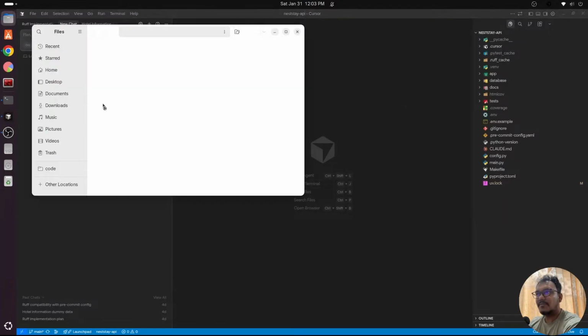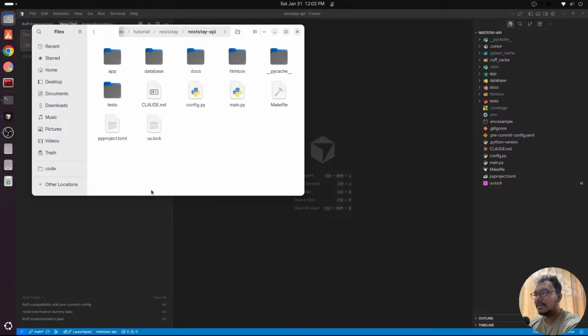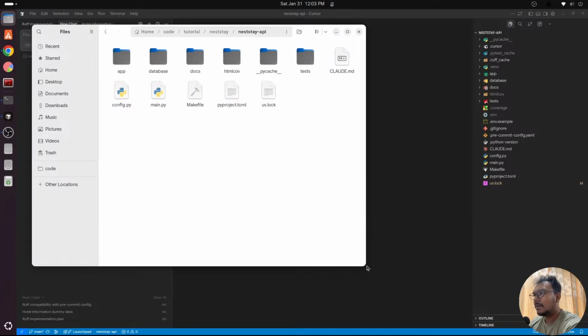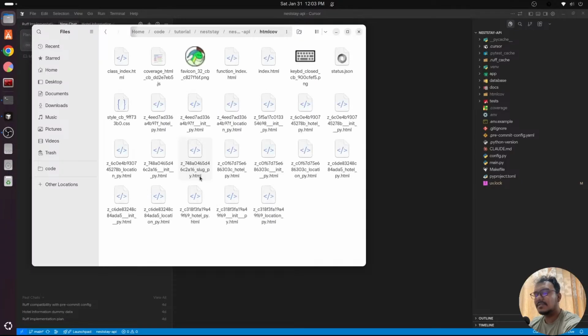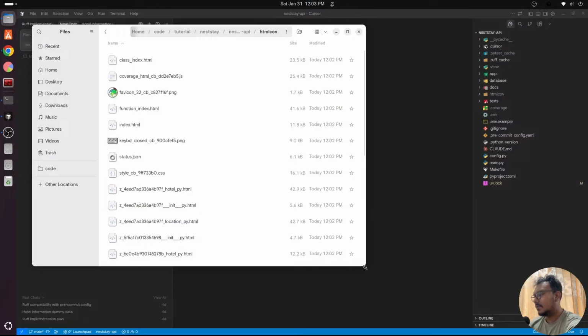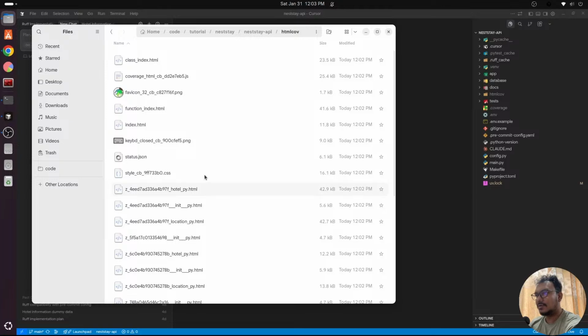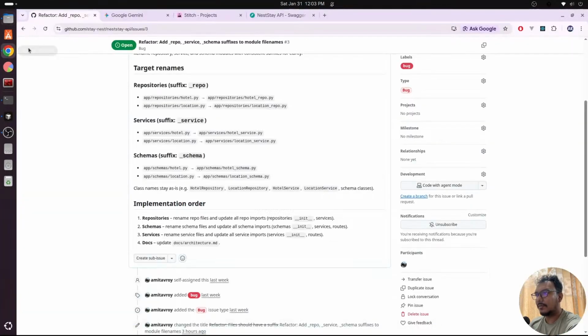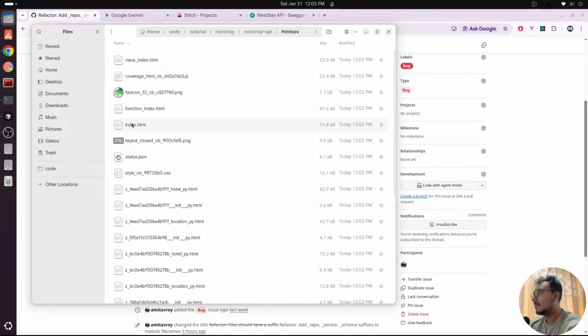And I also found there is one nice little thing, HTML coverage. This is very similar to what I have seen with PHP. We have something called PCOV. That PCOV allows us to create a coverage report in an HTML format, and it is also giving me something similar,